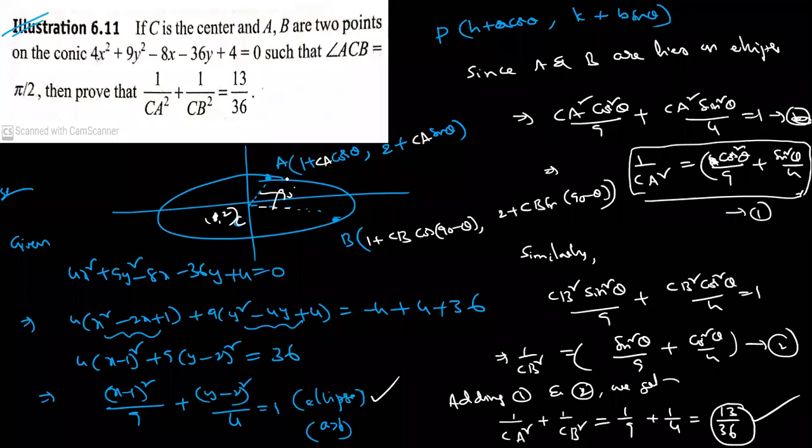So once again I'm saying C. So what is the CA? What are the coordinates of A here, dear students? h plus a cos theta, comma k plus b sin theta. Here CA is the radius. That is the meaning I'm choosing. Here also 1 plus CB cos theta. But the angle between these two chords is how much actually? One is theta, another one is 90 minus theta. So please revise this question once again.